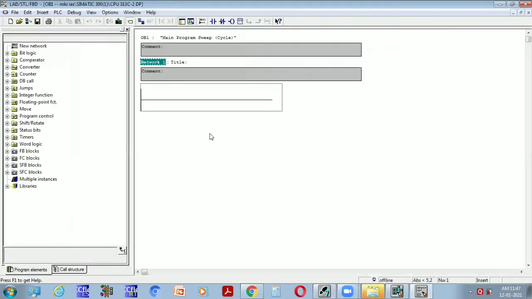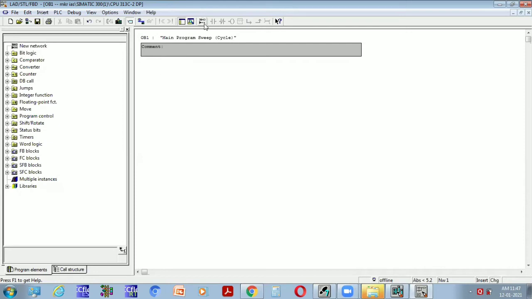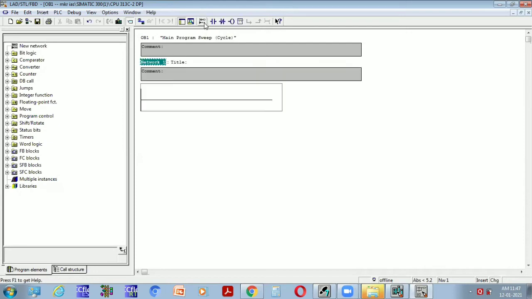Next, the programming window will open. OB1 is nothing but the organization block, and in that we are performing the programming. Just go to Network, New Network, and click on that. Then the network will appear like this.